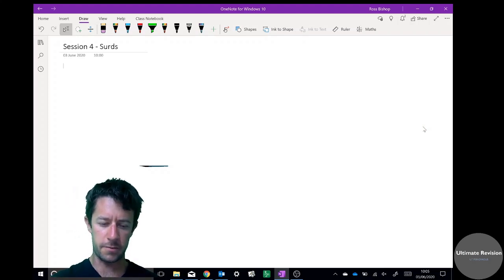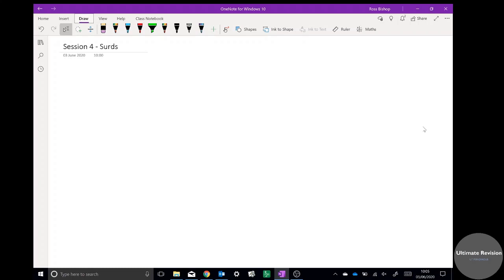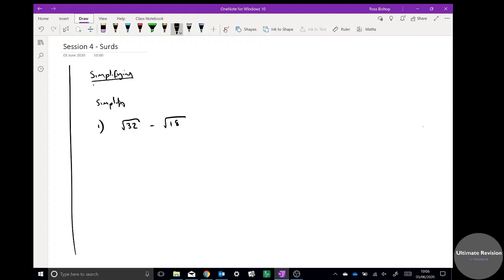Okay, well done guys. Let's get straight in. So I'm going to go straight in with a few examples, and we're going to look at simplifying surds first. So let's simplify the following. Question 1, root 32 minus root 18. This would almost certainly appear in the non-calculator paper. Okay, right, so what you need to do is separate these into the biggest square